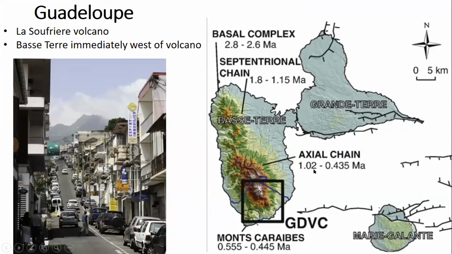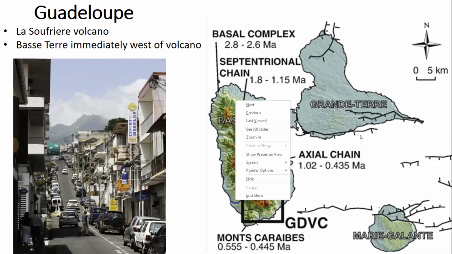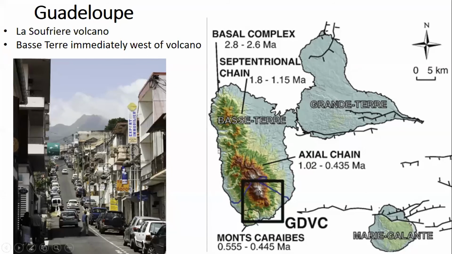Now we're going to move islands, to another French island, the island of Guadeloupe, which, as you can see, is a butterfly-shaped island here. And interestingly, the part which has the volcano on it is known as Basse-Terre, which means low ground, which is slightly strange. But the volcano is down here. It's the opposite of Martinique. What's happened here is that with geological time, the volcanic center has moved southwards. So the active volcano is down here.